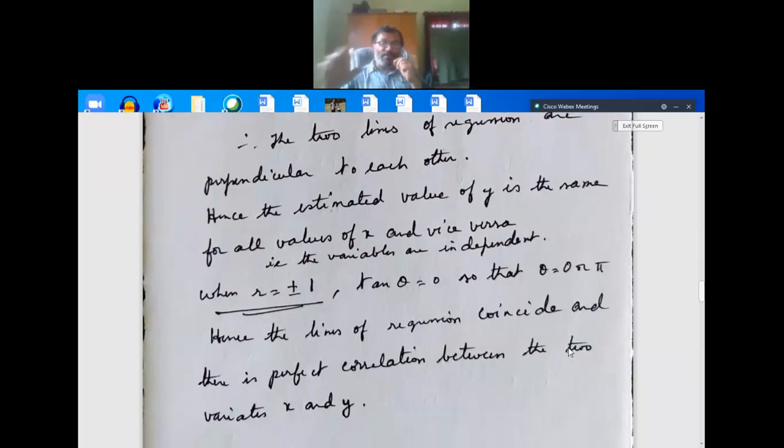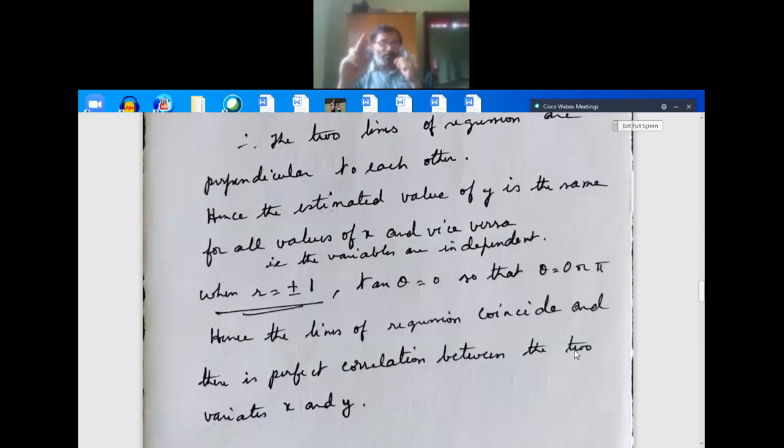Here, theta is 0 means the lines of regression coincide. Angle between the two lines is 0 means either they are far apart or they coincide. The lines of regression coincide. When they coincide, what do we say? When the lines of regression coincide, as I discussed before, there is perfect correlation between the two variates x